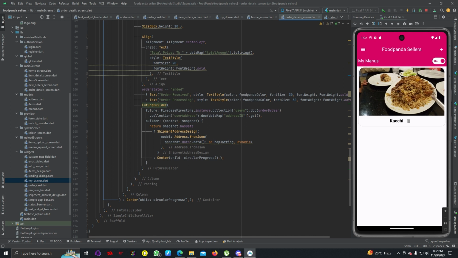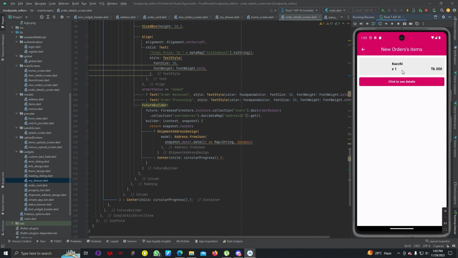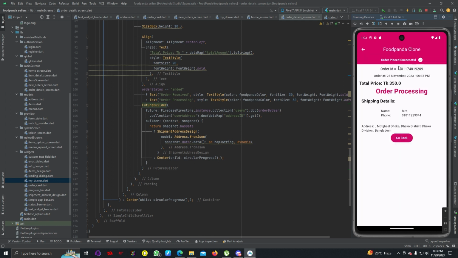So we need to change our shipment address design also. So let me see how it looks now. Okay, for now it is showing okay, but